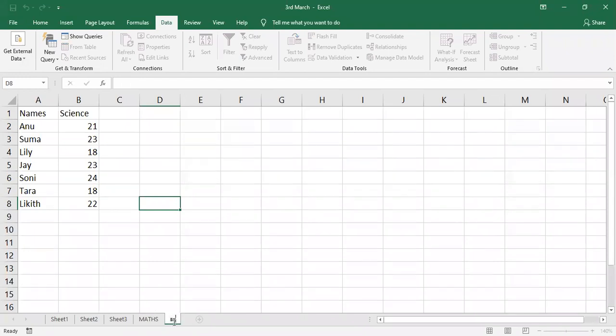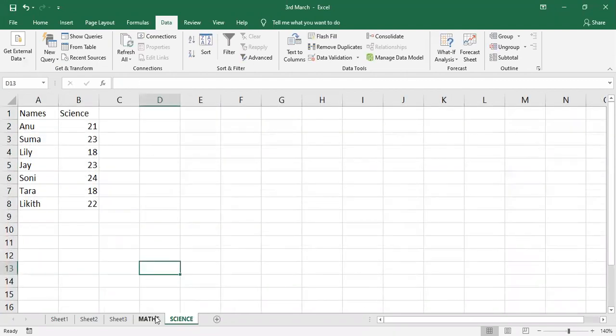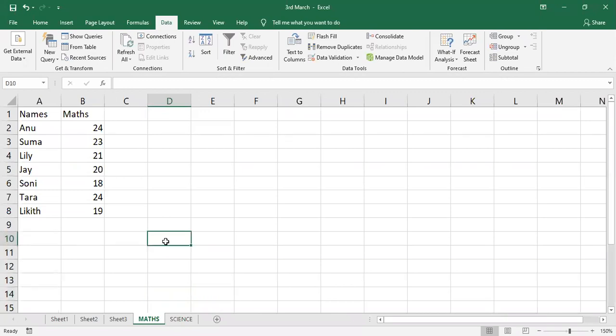For example, now they have entered the marks in different sheets. So this is math sheet and this is science sheet. So maybe now let us consider it is in different workbooks. They would have sent it to a class teacher. Now what she has to do is she has to combine both the marks and then check what is the result. Now I don't want to show individually math, science and then total. First I'm going to show you how to calculate total.